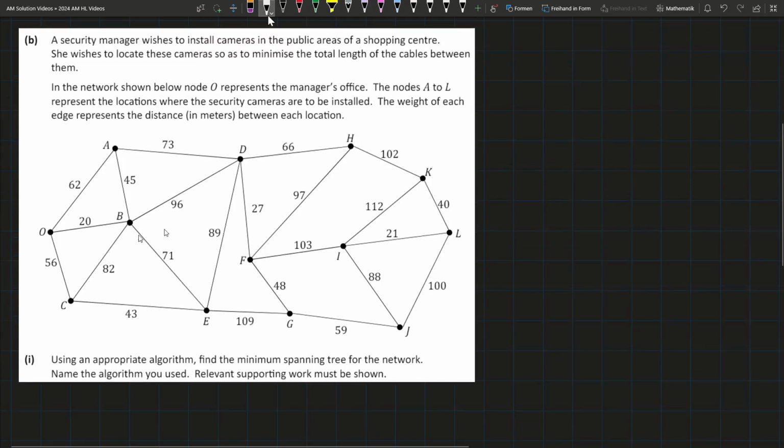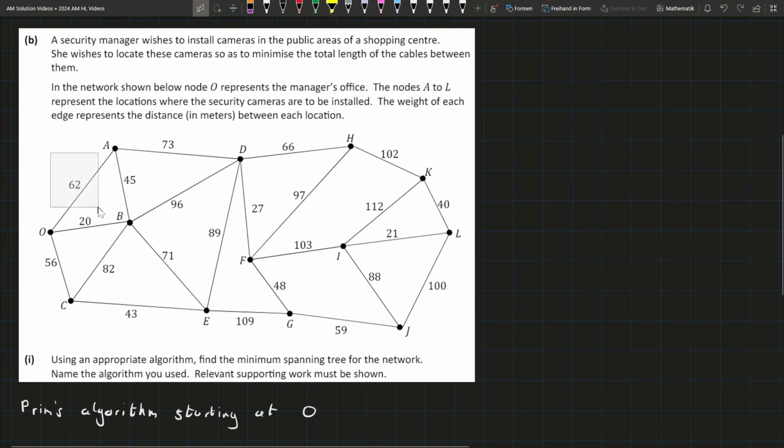And I'm going to use Prim's algorithm in the interest of time, which I'll explain in a second. So Prim's algorithm, and you can start anywhere. I'm just going to start at O because it says that O is her office, and that's the starting point. So starting at O. The reason I would opt for Prim's over Kruskal's whenever I have the option is because for Kruskal's,